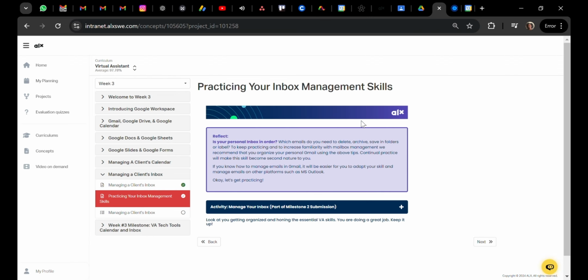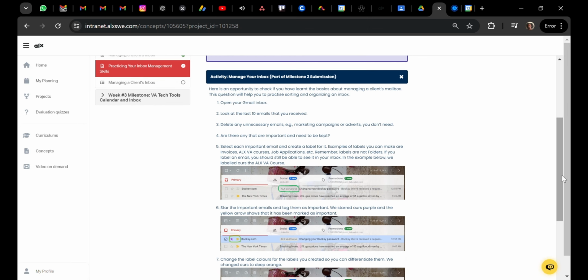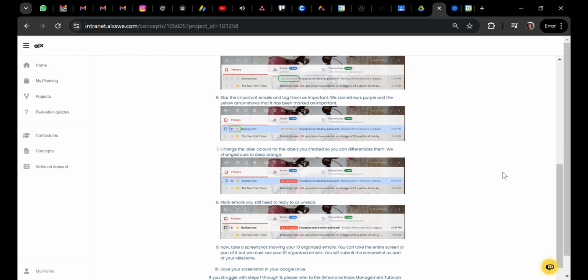So here you're going to practice your inbox management skills the same way we practiced calendar management. They have an activity for you. Please go through the details and the explanation and make sure you do the activity because again you're going to share it in the milestone section.